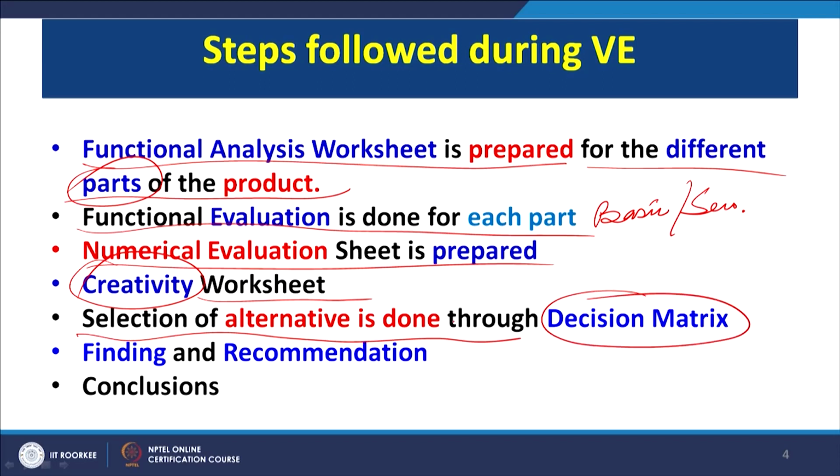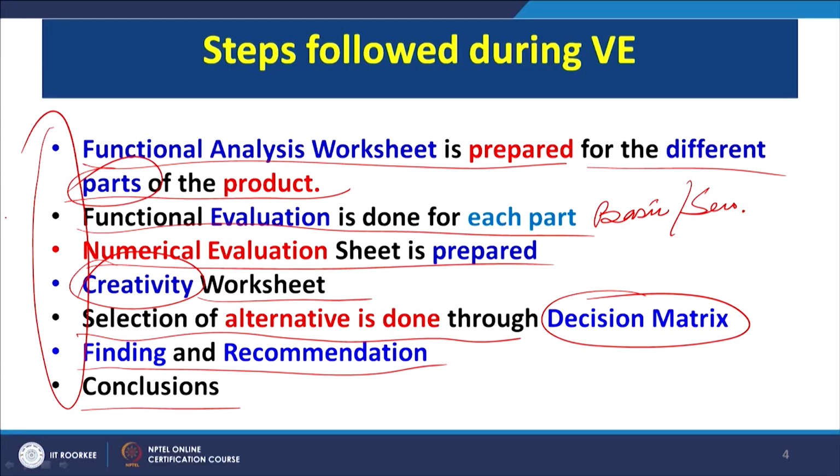Now, there can be a number of approaches that you can use for finding the best alternative among the existing alternatives. You may have 5 different alternatives, out of which you may like to select the best alternative, which is giving you the performance at the minimum cost. Then we will report our findings and recommend our solution, the best alternative, and finally the conclusion. So, this is the overall structure of this article.